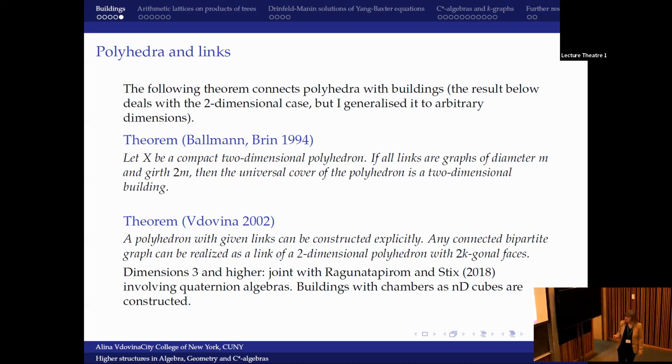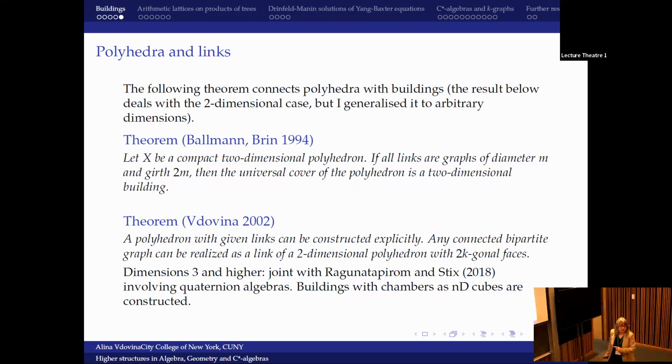And in a way, here you can think about this plane as an elementary building, because what is important for buildings, like I said, is that we have chambers and apartments, but then the very important property is that when you have any 2 chambers, there is always an apartment containing both of them. And here it's nice that you have only 1 apartment. So of course the squares are chambers, and every 2 squares are contained in 1 apartment because there is only 1 apartment.